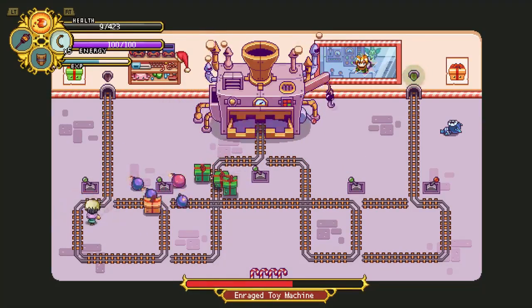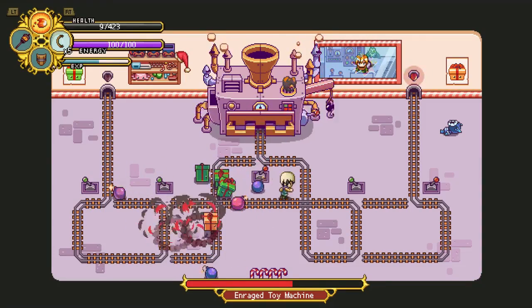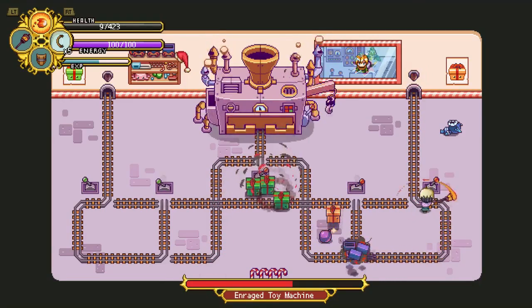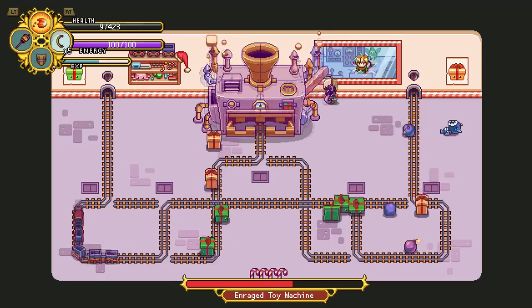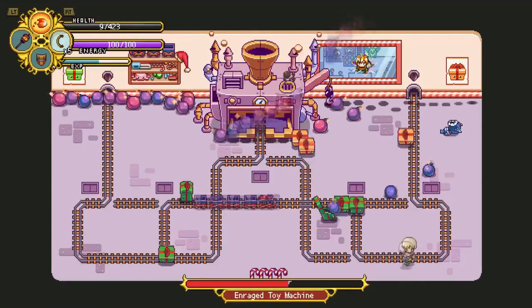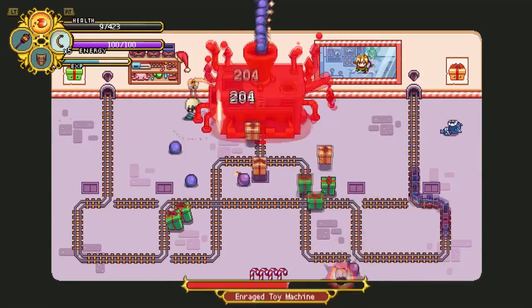Okay, let's see. No. Wait. Oh, shoot, I almost had it. If I could have turned that one, actually, I don't know if that would have worked anyway. Okay, we'll just keep wailing here. All the work we've done now, and we haven't even got the boss down to half health yet, so...